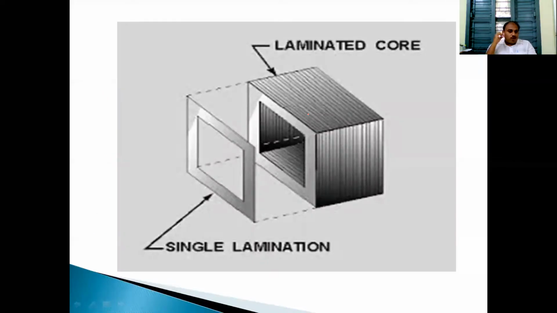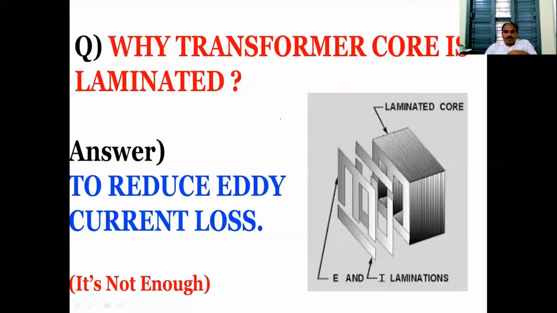So this is the laminated core in the transformer. The core is laminated to reduce the eddy current losses in the transformer. We know that eddy current loss is also present in the DC machine armature. So to reduce the eddy current losses, the transformer core is laminated. We do not use a single iron frame. We use a laminated frame to reduce the loss. So the core is laminated in this manner, and in this manner also.